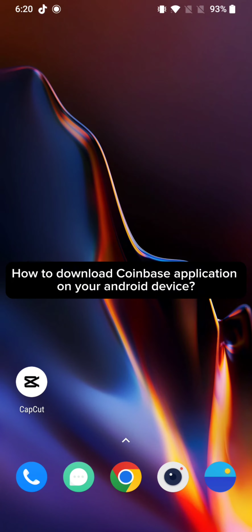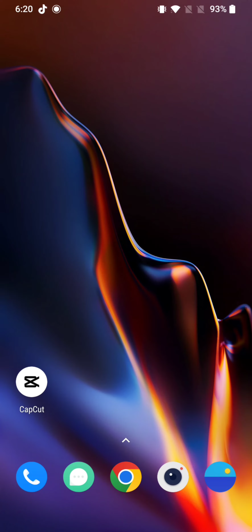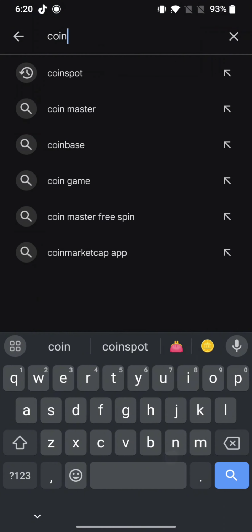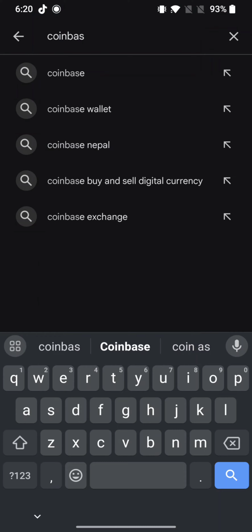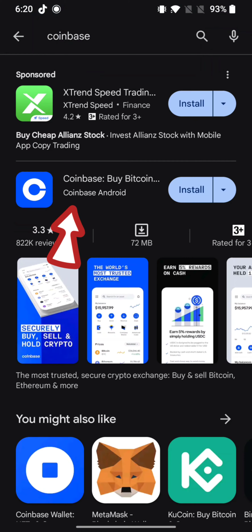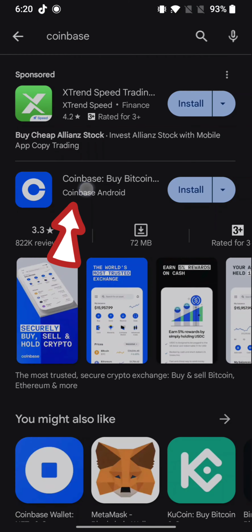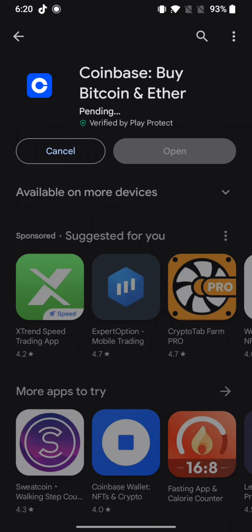To download your Coinbase application on your Android device, firstly go ahead and open your Play Store. On the search box at the top, type in Coinbase and make a search. You're going to see the search results displayed on the screen. Tap on the application. Now all you need to do is click on the Install button just below the application to